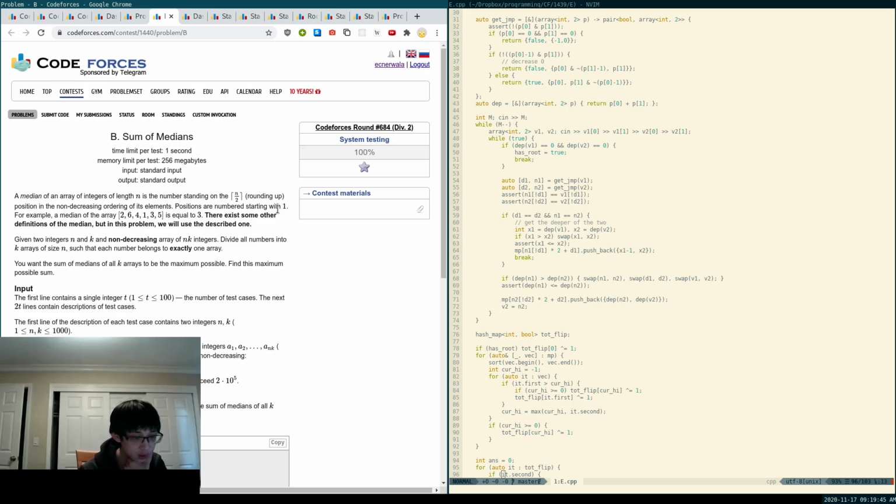Okay, given n over 2, we want all the medians to have the maximum sum. And so, to maximize the sum of the medians, pretty much we can pick